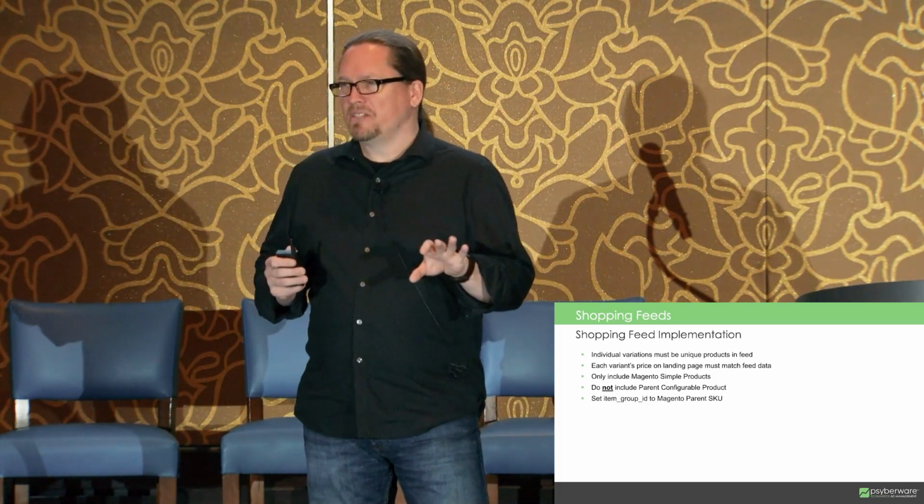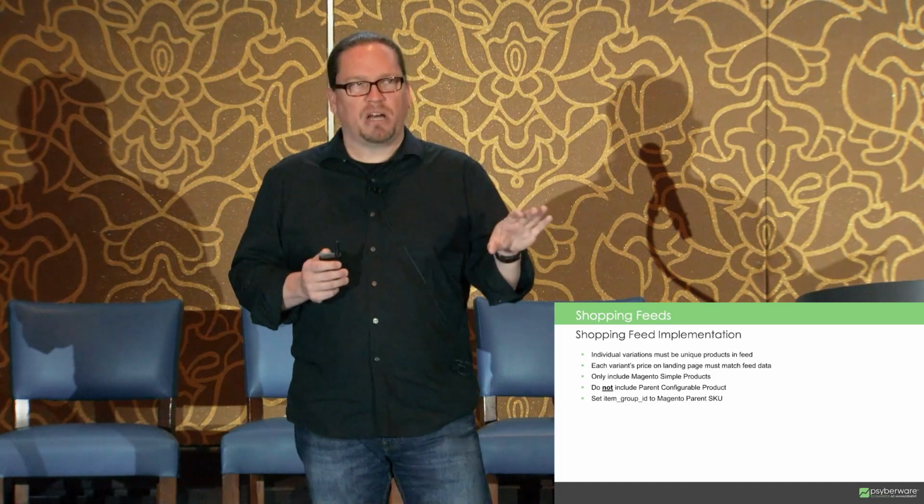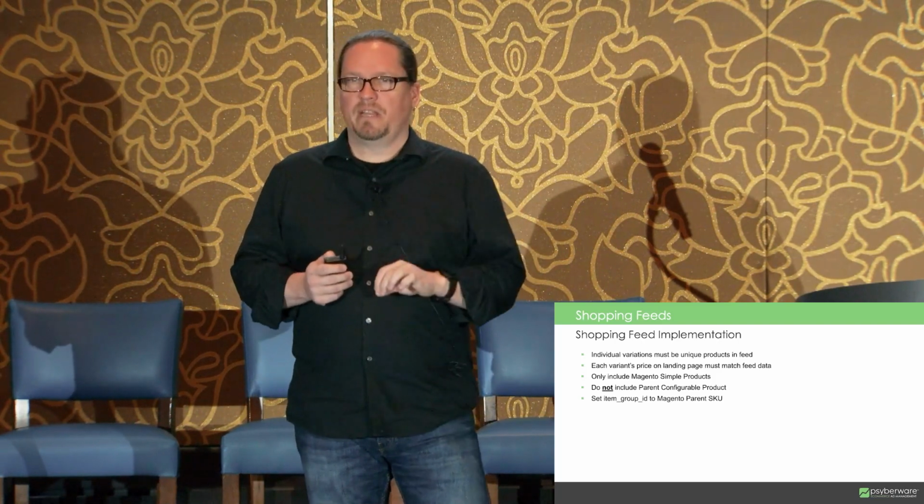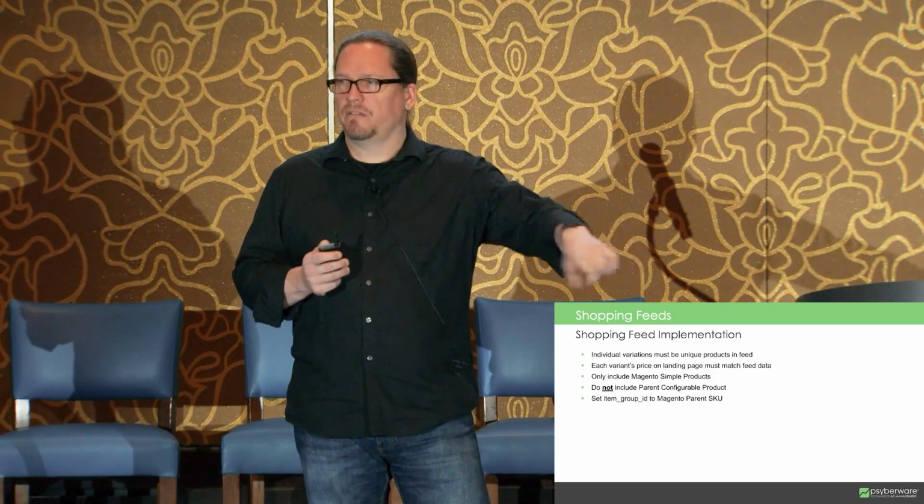Now, if you get this right on Google, it will work everywhere else. So the Google feed specification and their policy issues are where you should pay attention. But basically, they say that every variant needs to be in the feed, but also when you go to the link to follow to that product landing page,